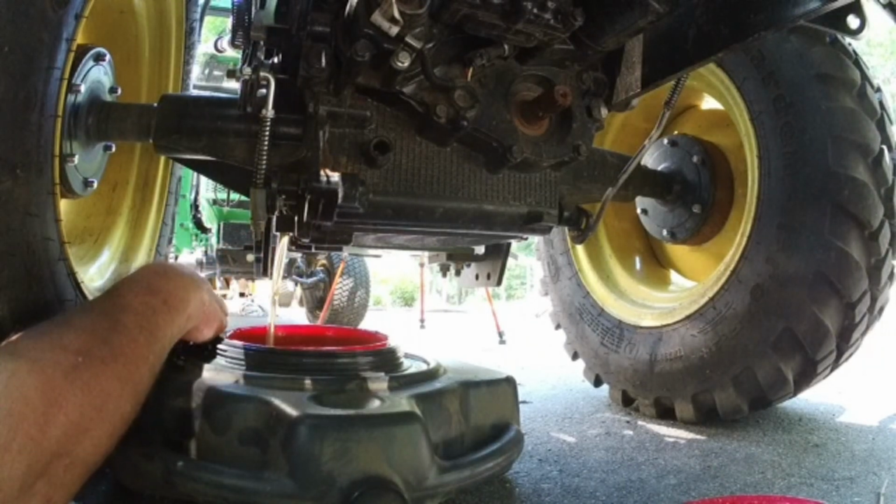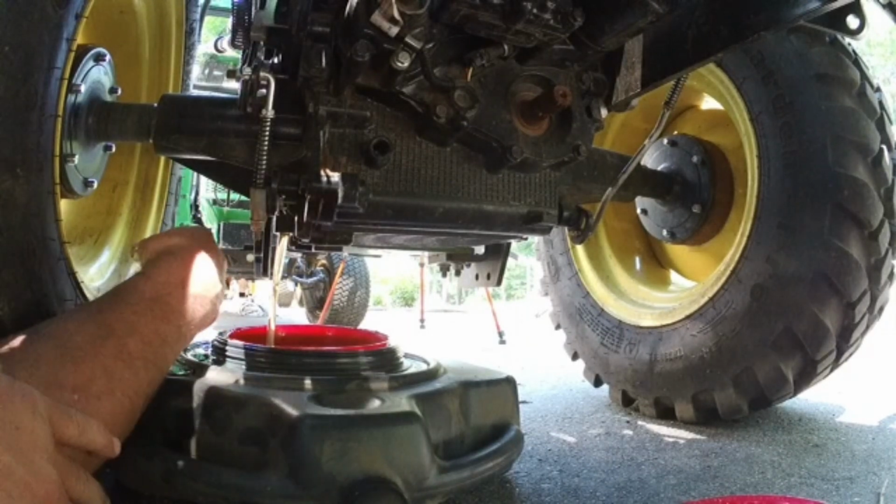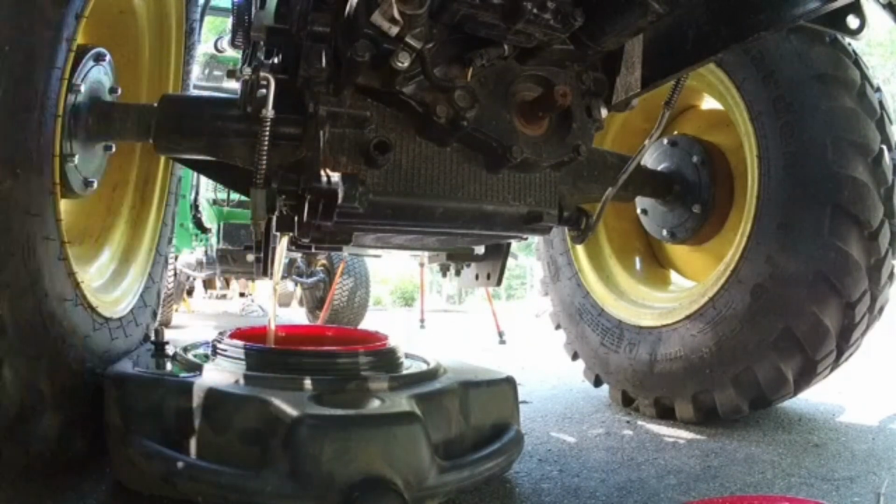Okay, the fluid still looks really good. Little confession, I was supposed to change this at 50 hours, and I did not. I did on my 1025, and for some reason I didn't think I had to on this one, so this is actually the first fluid change, and it's 226 hours. That fluid still looks pretty good. It's a little dark, but...